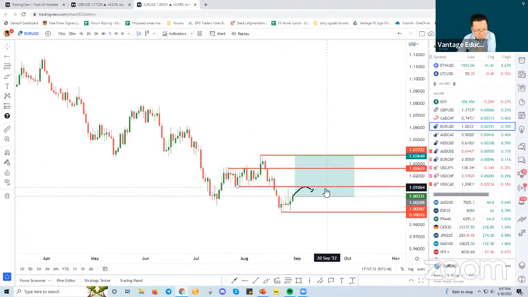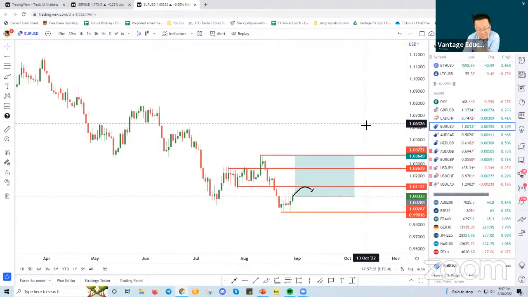Okay, so good example there on the euro dollar for it to possibly push up. Can I talk slightly about the scalping strategy? I've got 3 minutes to go through scalping. It wouldn't do scalping justice to go through that in 3 minutes. What I would say within a 3-minute period to talk about scalping is to